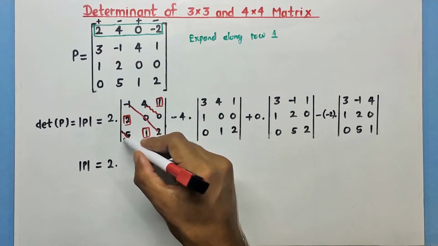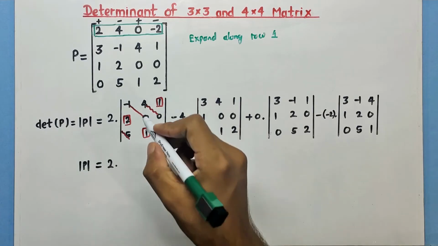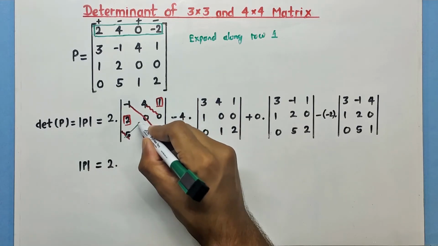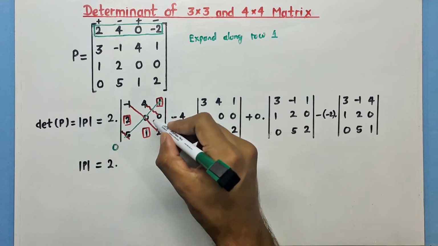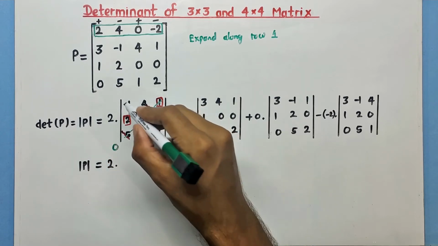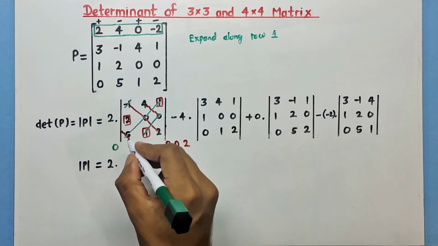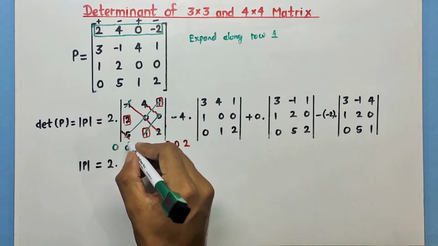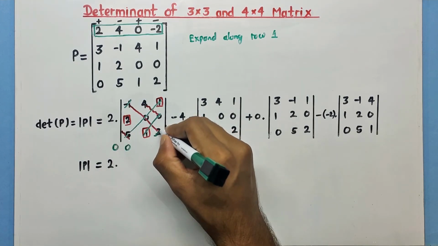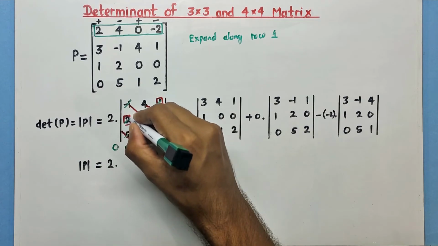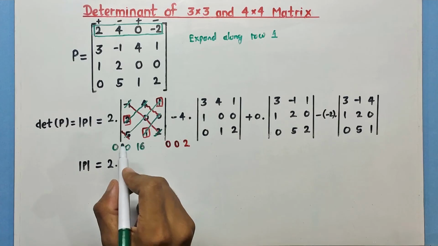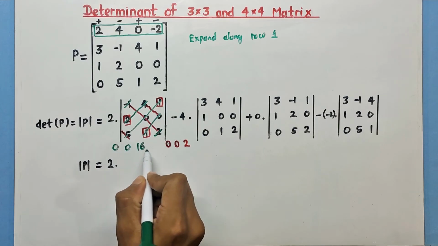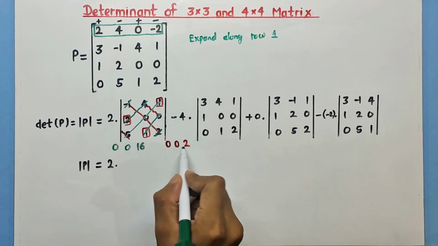Let's multiply the elements in the off diagonal. So here I have 5, 0 and 1. This multiplication will be 0. In the next diagonal we have 1, 0 and minus 1. So again this multiplication will be 0. And the multiplication of this diagonal will be 2 times 2, that is 4, times 4, that is 16. Now we just need to subtract the sum of these green numbers from the sum of these red numbers.